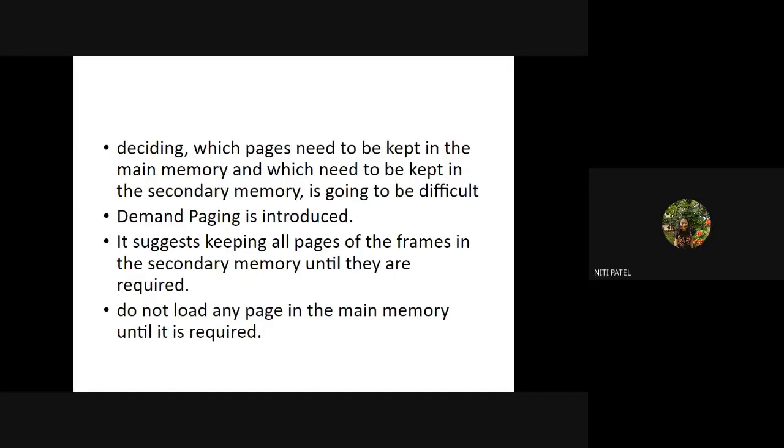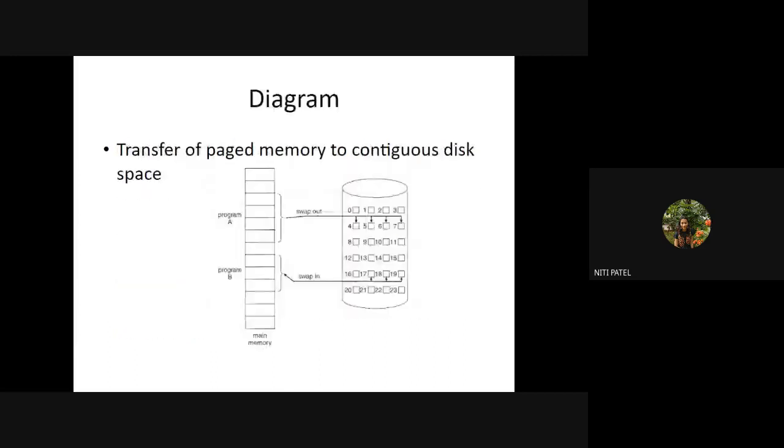Demand the pages which are required and only load them from the secondary into main memory for the purpose of execution. Once the execution and the result with respect to that process is completed, and that process goes out, load the second process into virtual memory. Again, demand the pages of that process from the secondary memory if they are required. If not, directly complete the execution from the main memory and put that process also out of the system.